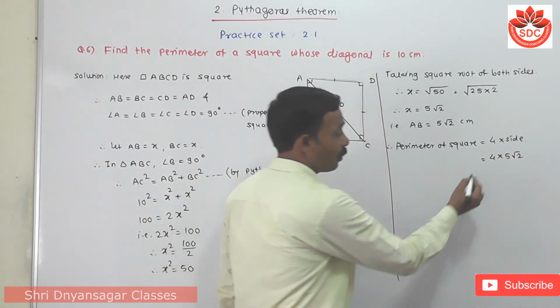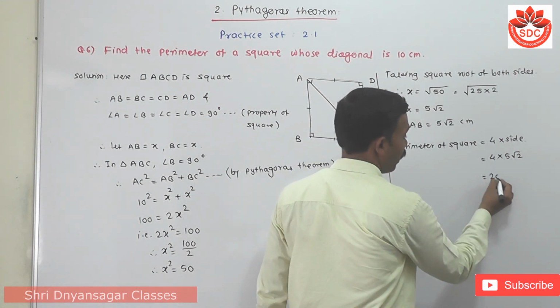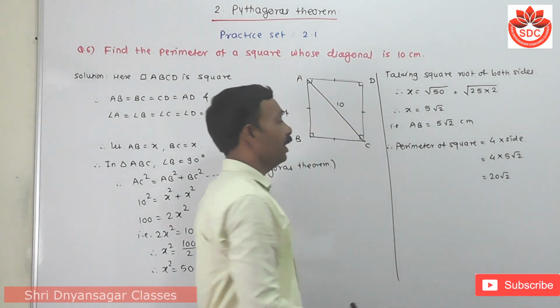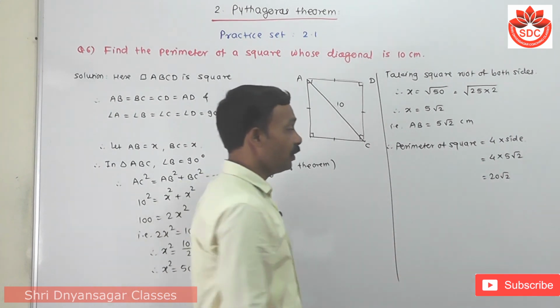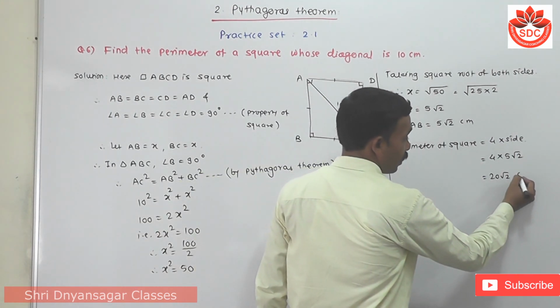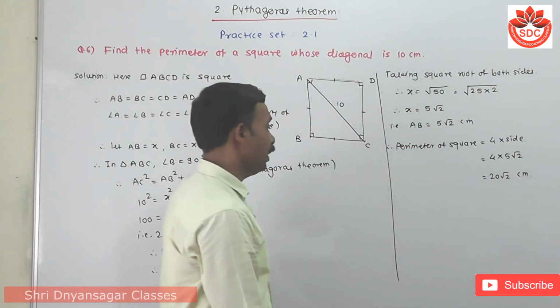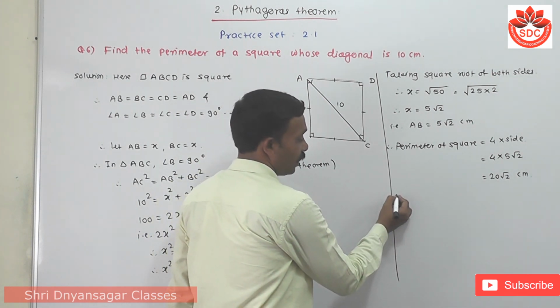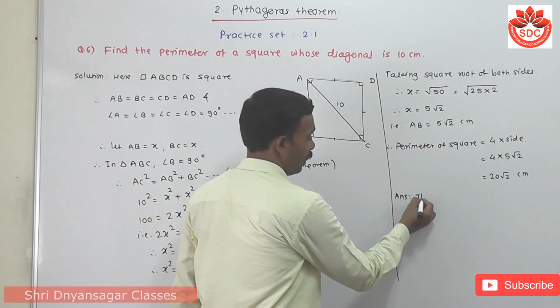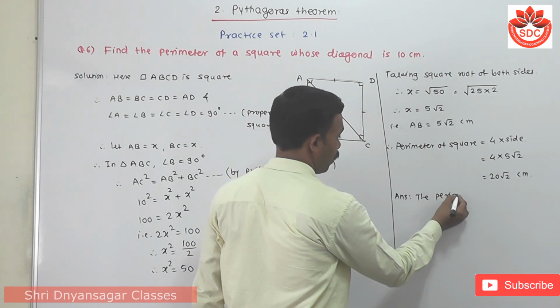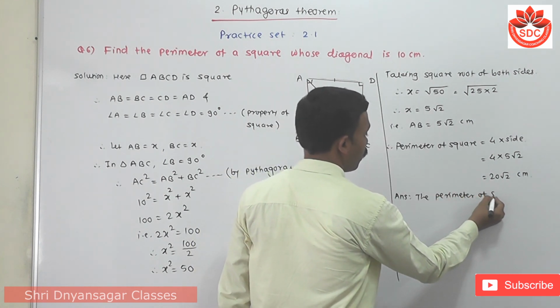The product of 4 and 5 is 20 root 2. Now this is the perimeter of the square, so the unit is centimeter. Then we write the answer in a full sentence. Answer: the perimeter of the square is